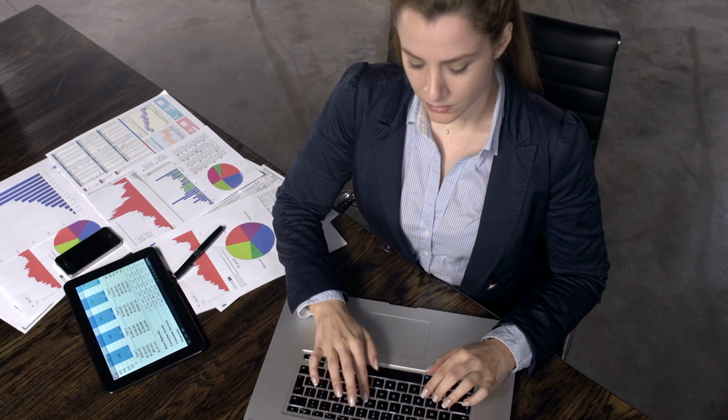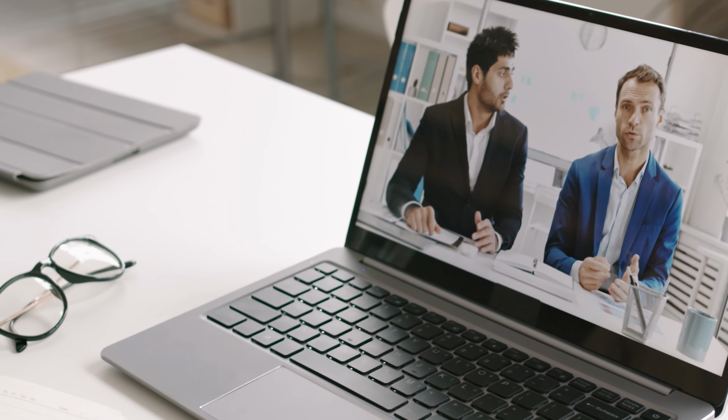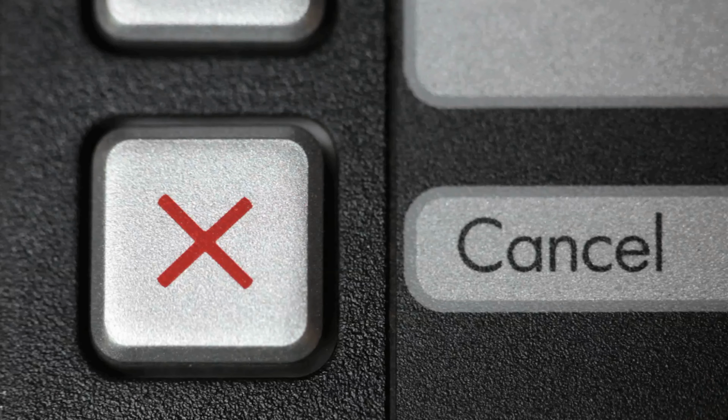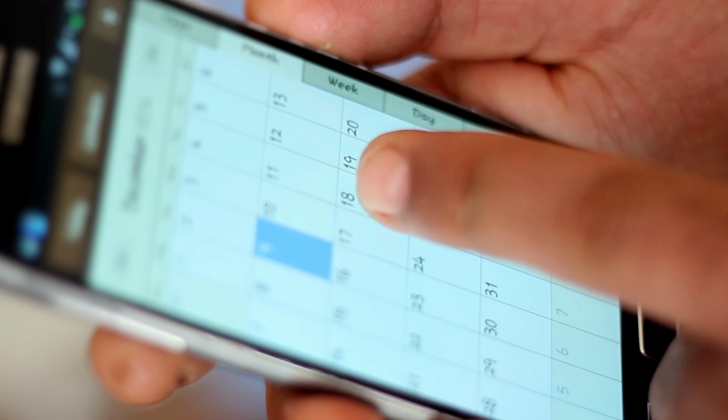Now, it may be a better use of your time to delegate this to someone else on your team or to work with a consultancy like our company, IT Genius, to help you evaluate different pieces of technology. But there's no harm at all in trying before you buy, as long as you remember to cancel any of those accounts so they don't automatically rebill. And that's a great task to either give to a team member if you're not so great at remembering things, or put it in your calendar or to-do list to remind yourself to cancel that subscription.